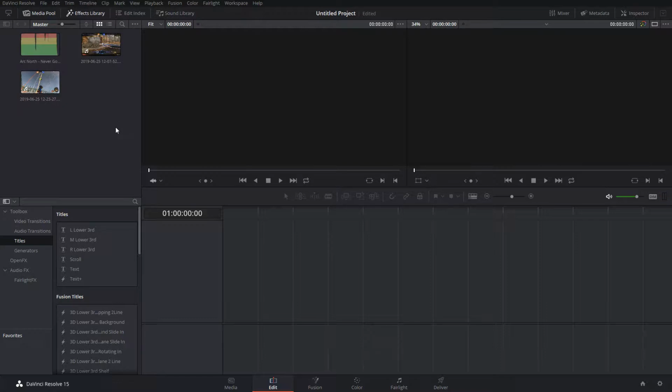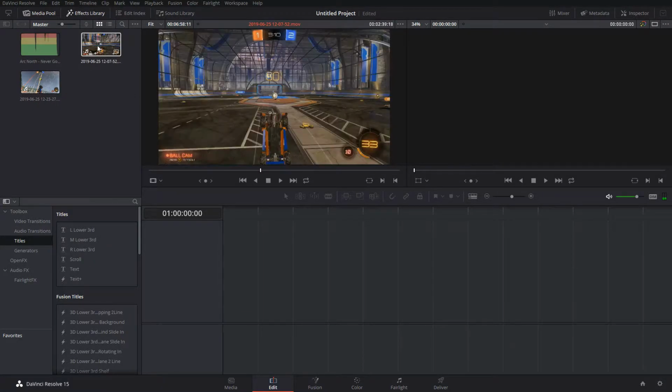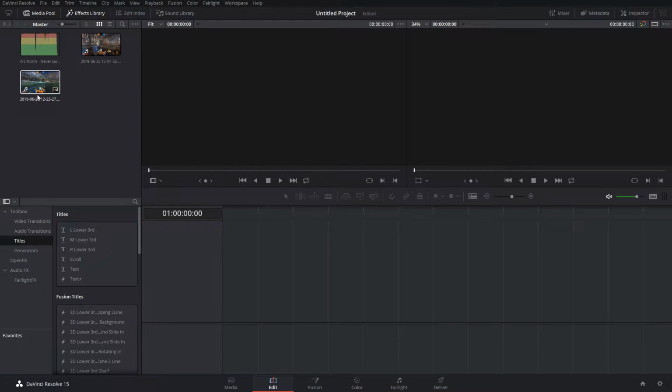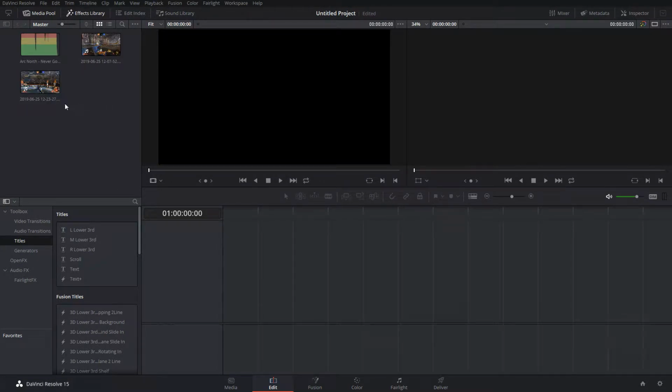This is definitely one of the loudest audio tracks I've ever used. It's a song called Never Gonna by Arc North. It's kind of a remix of Never Gonna Give You Up by Rick Astley, and the important thing is it's royalty free and it's got a good beat. So I'm going to be using this, and I'm going to be matching some of my footage from these videos to the beat. And yeah, obviously I'm going to have to look for highlights within these clips, but first let's